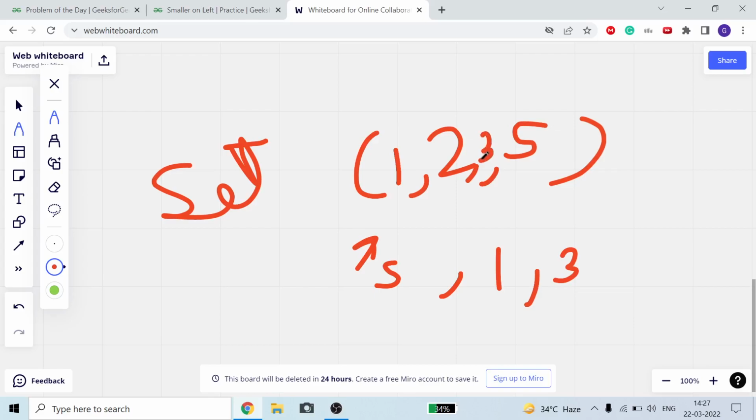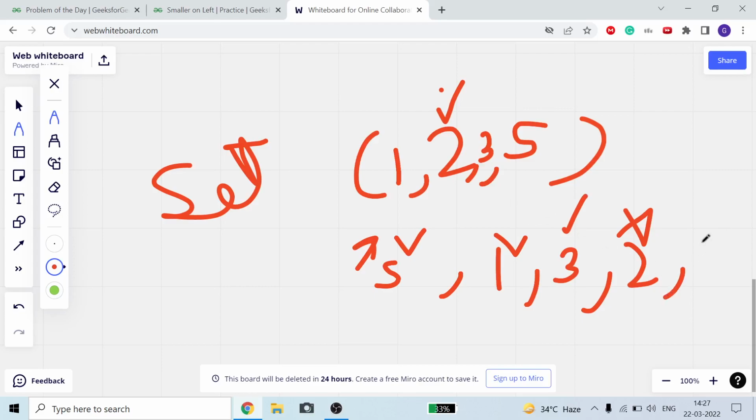What I mean to say is, in a set if we insert a new value, then it will check if this value is already in our set, and then it will not include this value. And it will insert values like 5, 1 and 3 in ascending order. Okay, a set will always store all the values in ascending order.